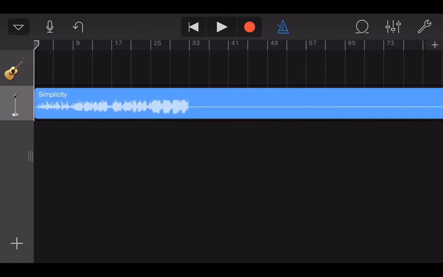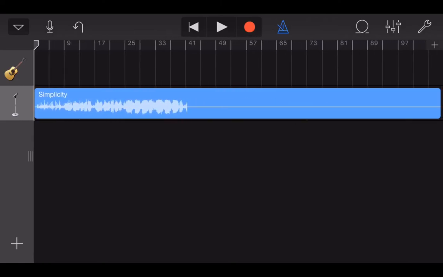Now if you notice, we have way more than 8 bars now, which is good. It's automatically extended to the length of the song. It's still loading up, but now that it's loaded in, what we want to do is turn